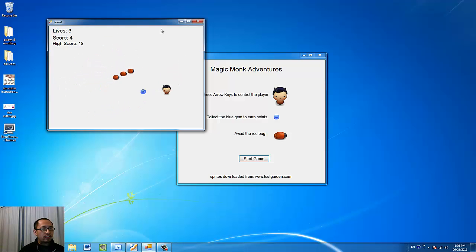And another thing you would have noticed is I now have a high score function. So originally I have a score of 8, and a high score of 18, which is from my last game. So if I beat that score, that should become my high score when I die. So, 15, 16, 17, 18, 19, 20. So now I have 21. So if I die now, my high score becomes 21,